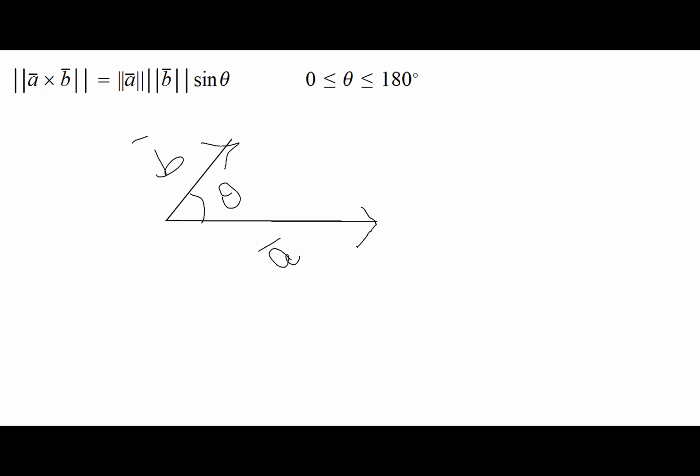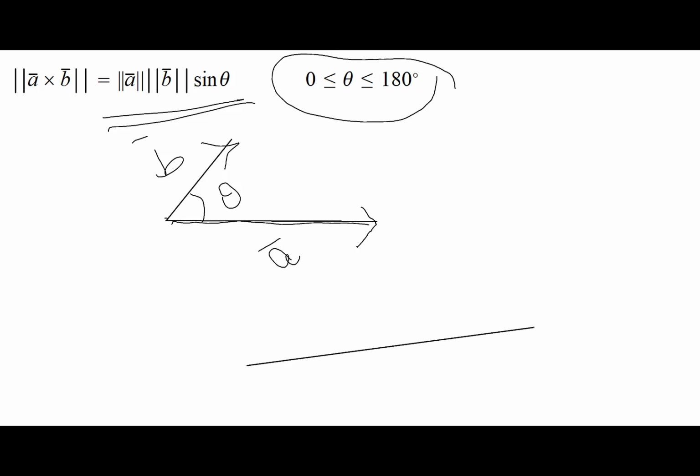All right, so what happens is that the magnitude of the cross product of these two would be the lengths of these vectors multiplied by sine of theta, and theta being between 0 and 180 degrees is always non-negative. Now with this idea, say we are given a line, let's call the line L,